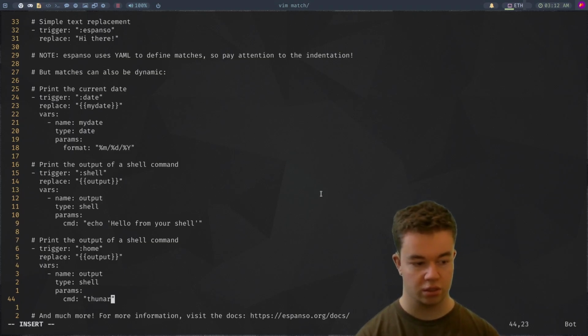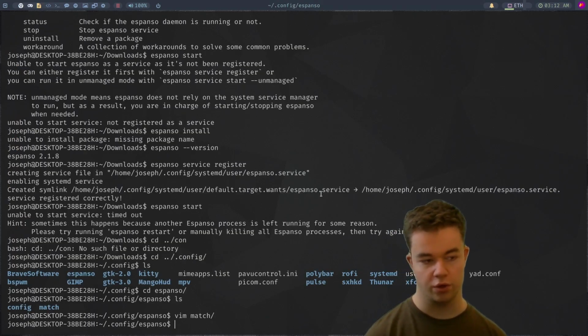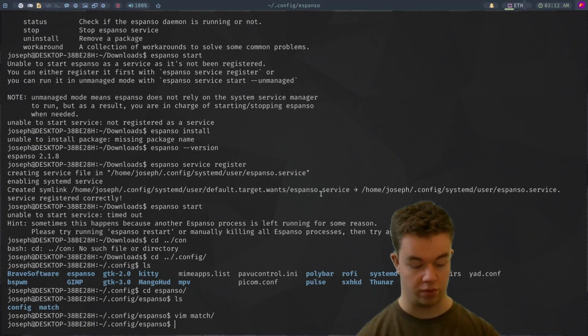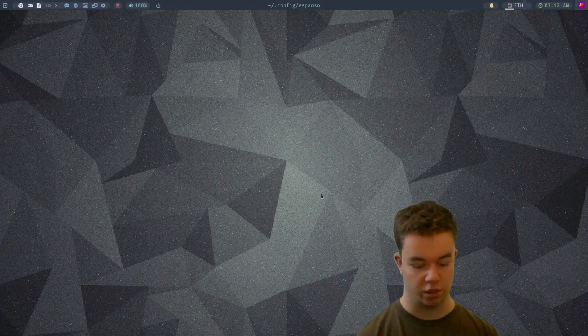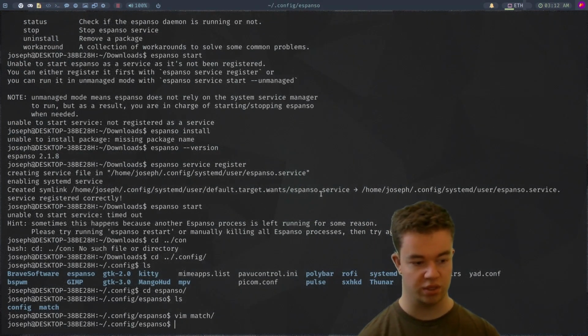So let's try this now. The configuration will automatically restart if I do that. So if I come into here and run that, it works. I just typed in :home and then the home folder came right up. So obviously if I want to create one for the downloads instead,